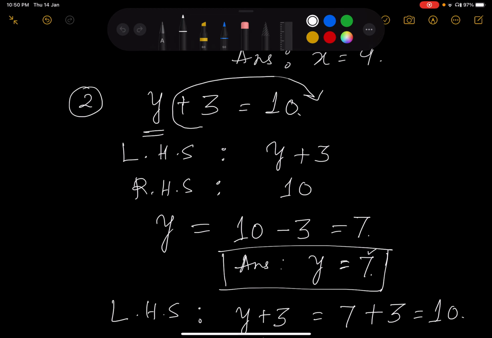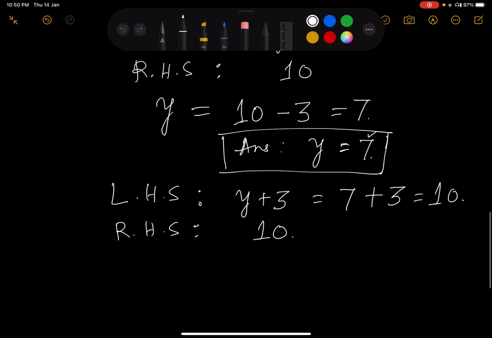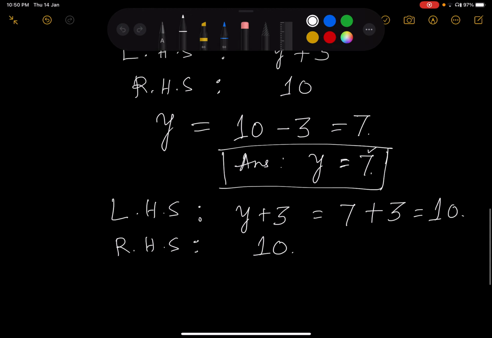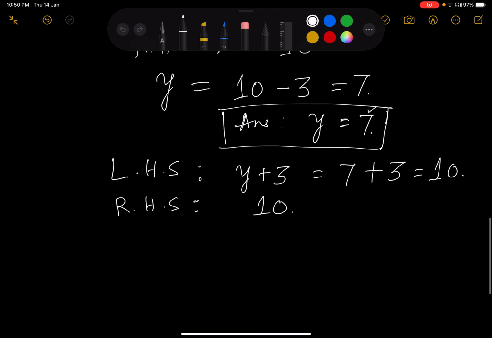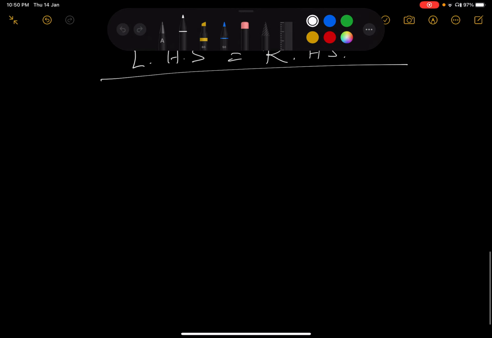Now, that is called the linear equation. Whatever equation you have, the total value of the left hand side should be equal to the right hand side. Then only the meaning of the equals to sign is satisfied. You can say that yes, whatever I have solved, whatever value of the unknown variable I have got, it is correct, as left hand side is equal to right hand side. At the end, if you verify your answer in this way, then you will be sure that whatever you have solved, your solution is correct.